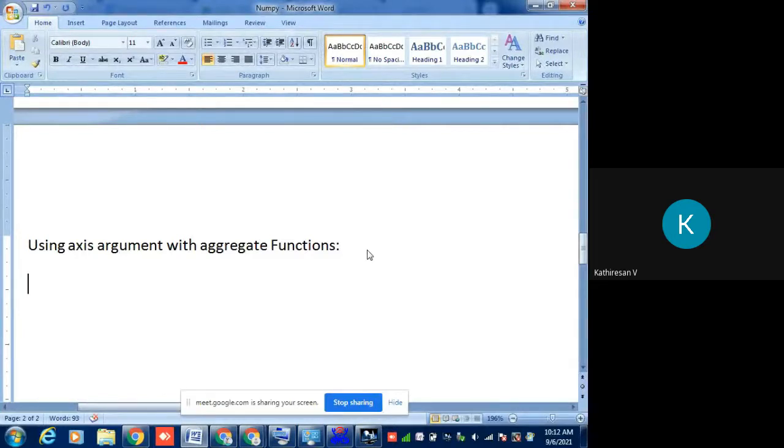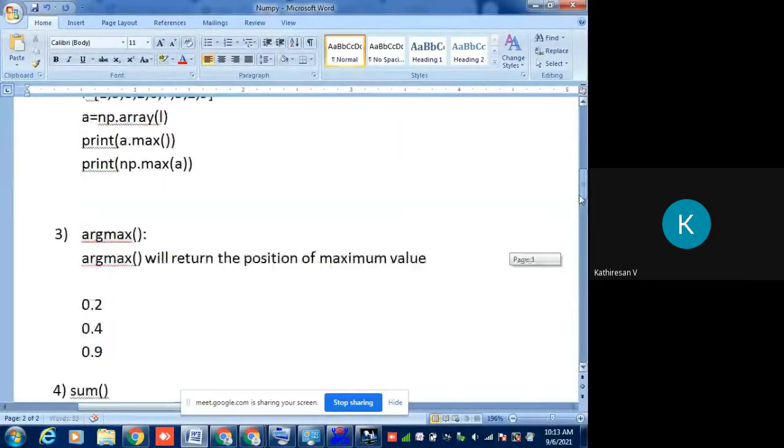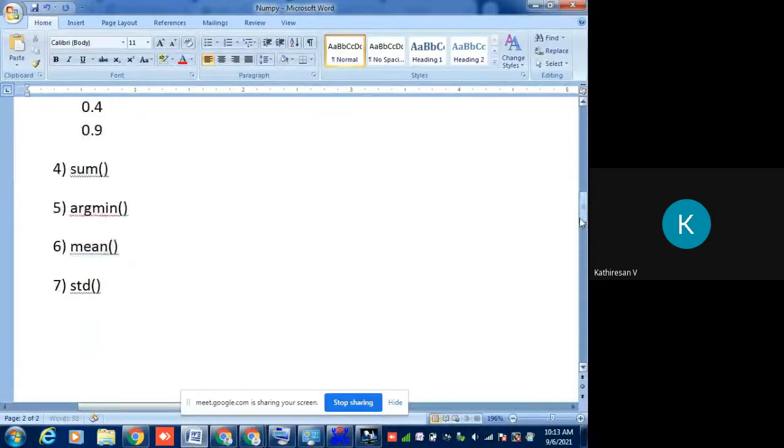For example, we have applied min, max, sum, argmin, argmean, standard deviation. It is performing on the entire array. It is finding the minimum and the maximum in the entire array. But if you want to do it for one row or one column, we have to go with